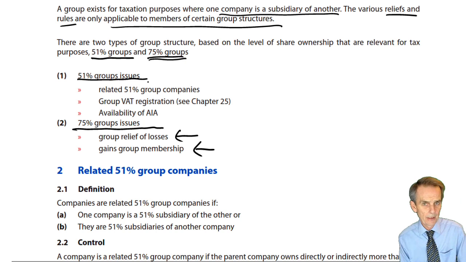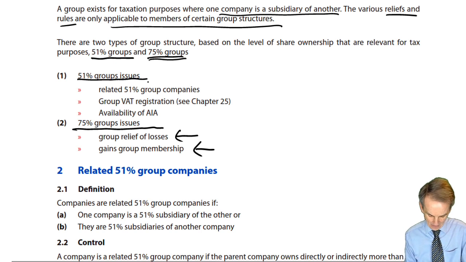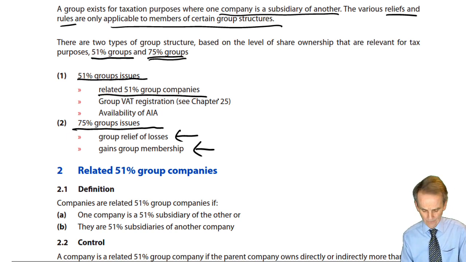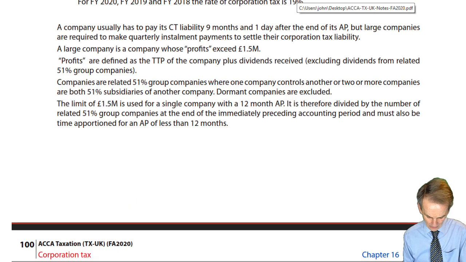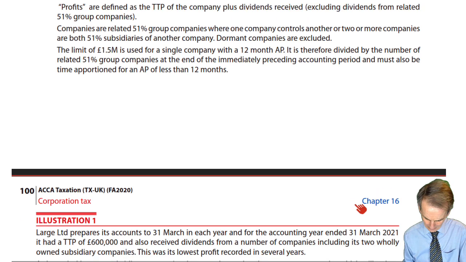Now here there are 3, but 2 of these we already know about. I'll remind you of them, don't worry. The third one we see later, because as yet we haven't reached chapter 25 that deals with VAT. But here under 51% group issues, related 51% group companies. We've seen this before. Where have we seen it before, I hear you ask? Well, here, back in chapter